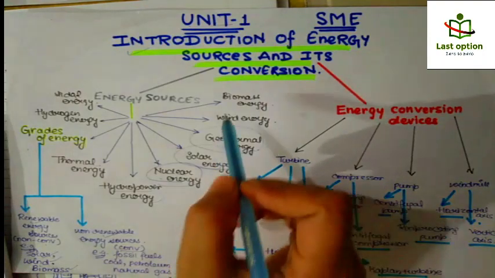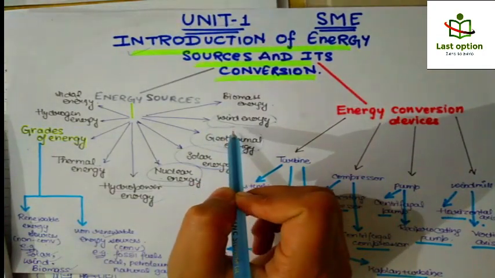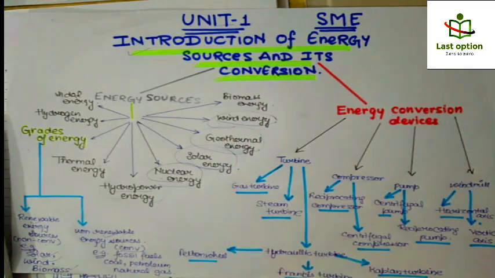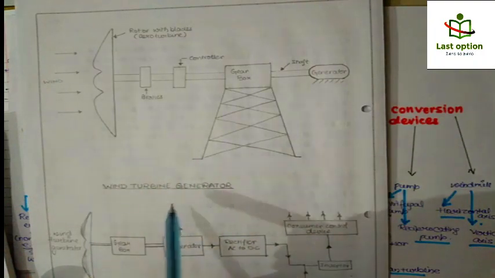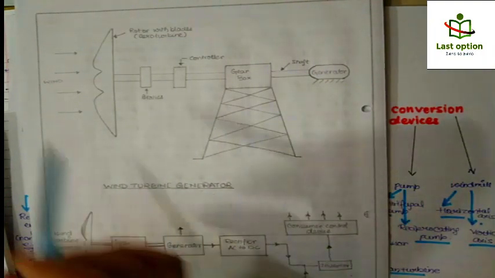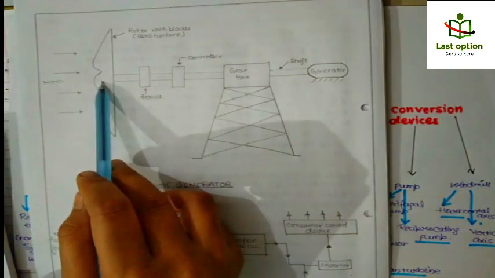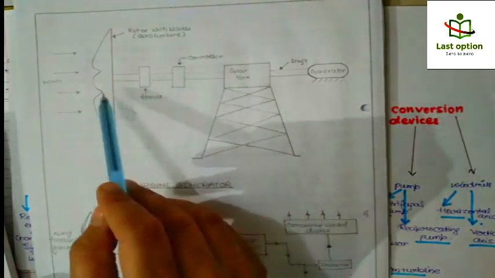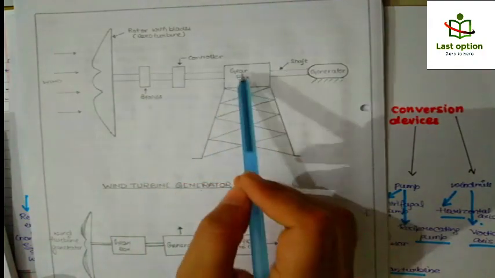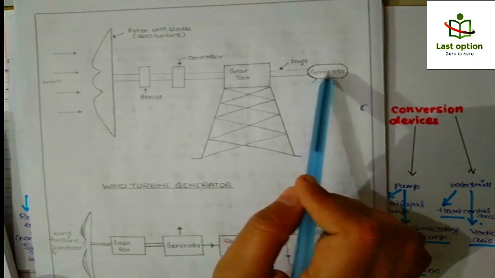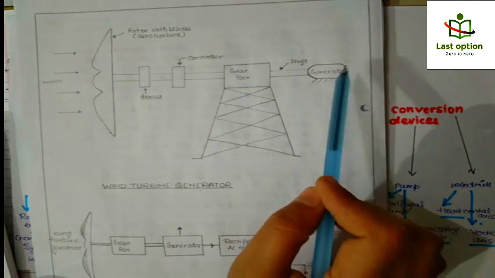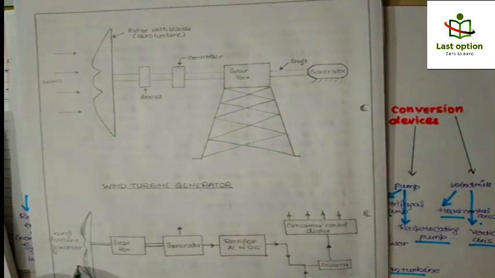Now the next type of energy that we have to study is wind energy. Let's cover the wind power plant. This is a wind turbine generator, and the wind flows from here and rotates the rotor with the blades. Then we have brakes, controller, shaft, and gearbox. When this rotates, the mechanical rotational energy is converted to rotational energy of the coil inside the generator, and the generator produces the electricity. This is the basic structure of the wind turbine.